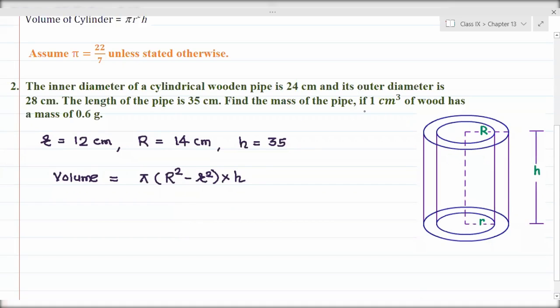Okay, and see, in this question, whenever you put the values your answer will come in the form of centimeter cube, because all dimensions you are keeping in centimeter, right? That centimeter cube you have to convert into gram. So here the relation is given, 1 centimeter cube is equal to 0.6 gram. So you have to convert centimeter cube into gram. So just multiply by 0.6, means conversion. So we can get it easily in the form of gram. Okay. So I hope this question you can do easily. However, the solution I will send you afterwards.